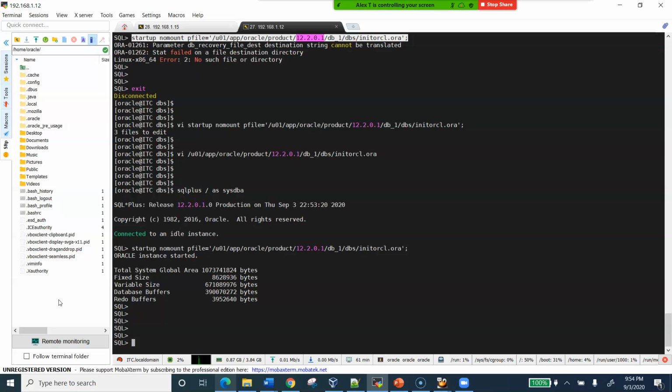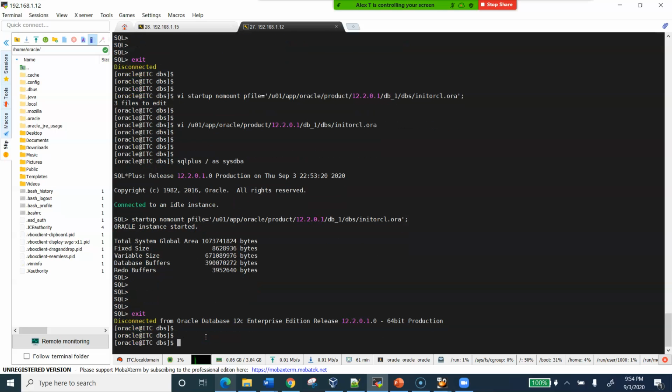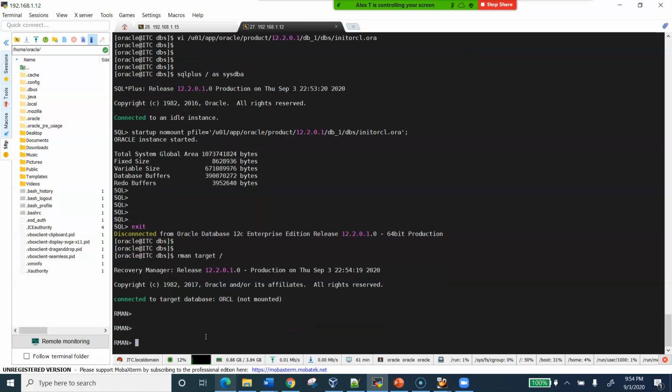To do the restore command, we go to rman, and then we're going to do restore controlfile from